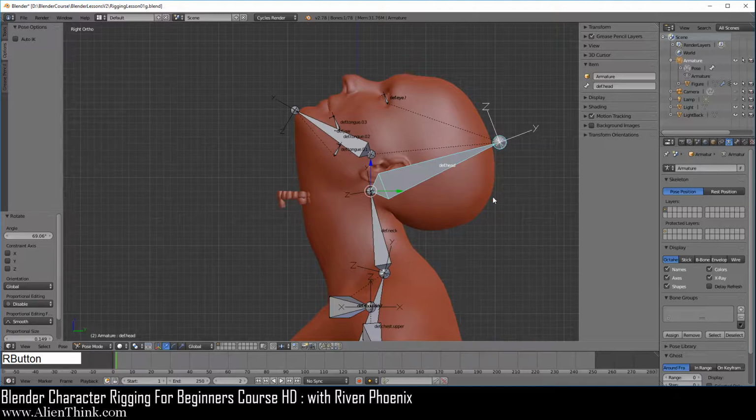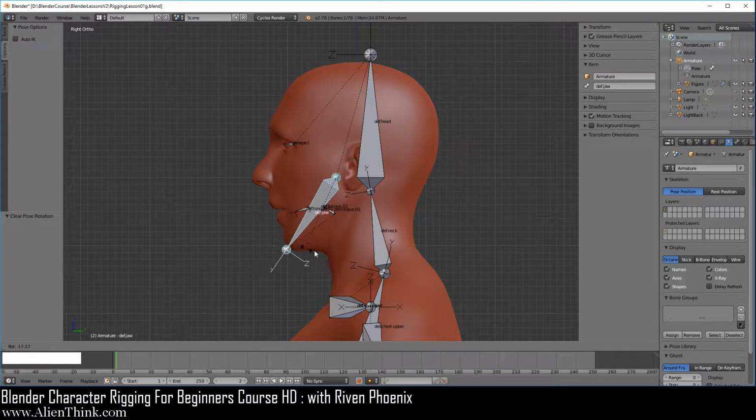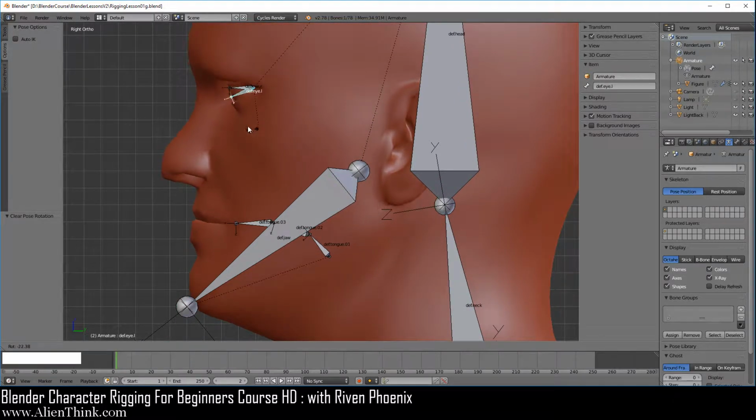So go ahead and click on the head bone and press Alt R to reset this. Now if you click on the jaw and press the R key, you can see that the jaw is moving, but the nose is coming with it. Right click to cancel. Go ahead and zoom in. Now click on this eye. And if you rotate the eye, you'll see that it's actually deforming pretty much half of the face.